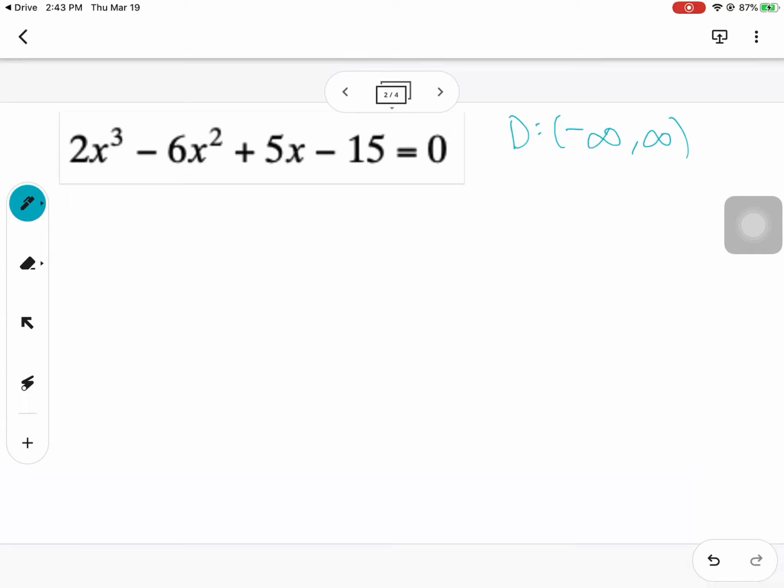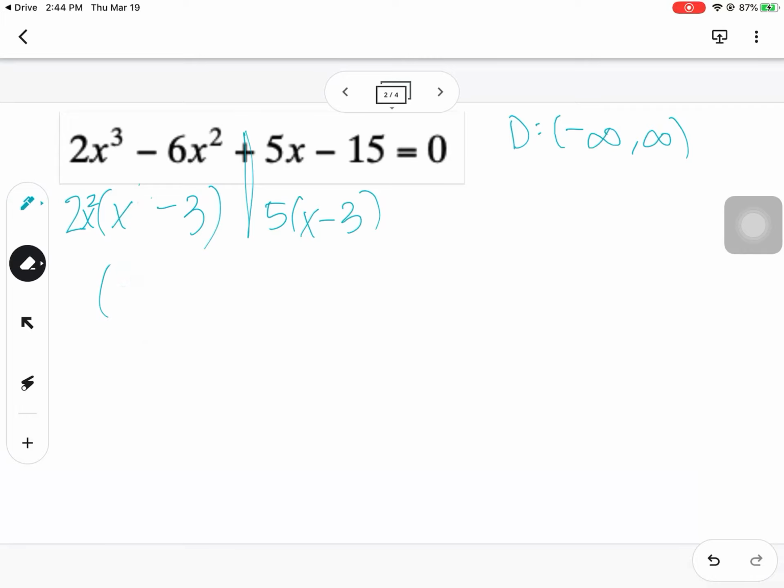Then when you're looking at the problems, what we did was we always tried to factor first. If you were going to be able to factor, it was going to be factor by grouping. So you would want to see if you could draw that line to the middle and factor it. In this case, it looks like it might work. So I can pull a 2x squared out of the first 2, and this gives me x minus 3. I'll pull a 5 out of the back, and it gives me x minus 3. So this problem actually is just factorable,